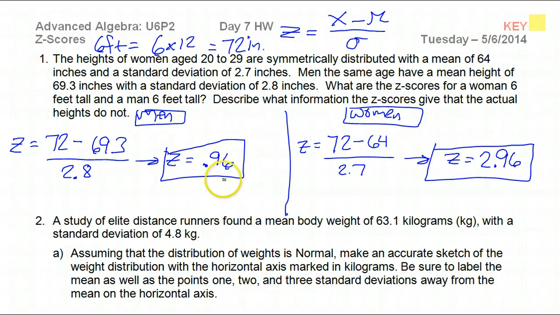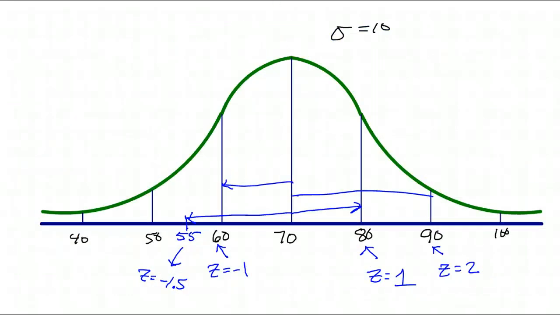Okay, so just for easy comparison of where this man and this woman fall along the population, compared to their same group. The man has a z-score close to 1. So he's a little bit tall, okay? Looking at our chart here,